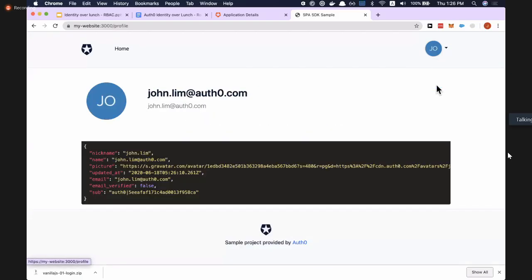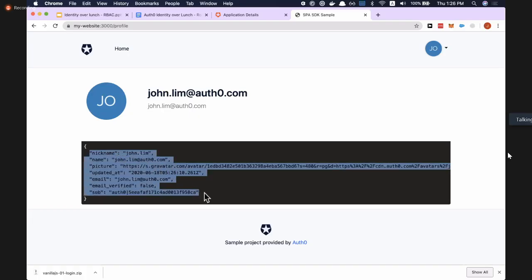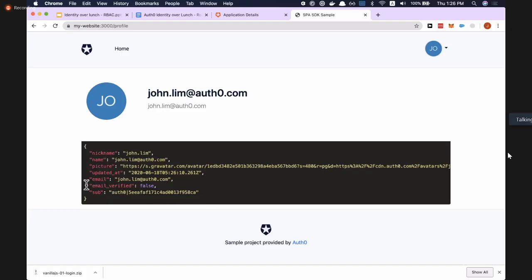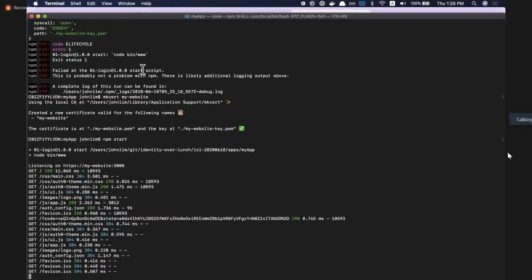If you head over to the profile, you can see the SDK or application returning my profile information. It contains my name, email, and it shows here that I haven't verified my email. But behind the scenes, Auth0 actually returns a lot more information. So for debugging and development purposes, let's take a closer look at what is actually returned and captured by